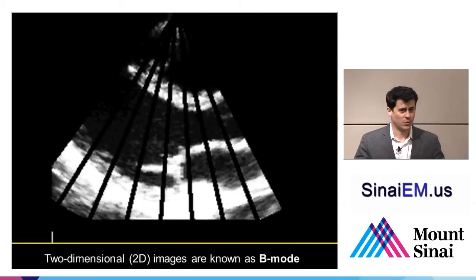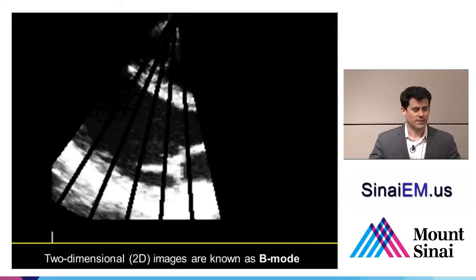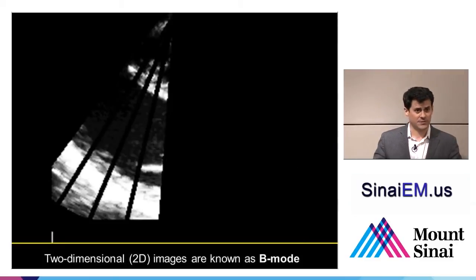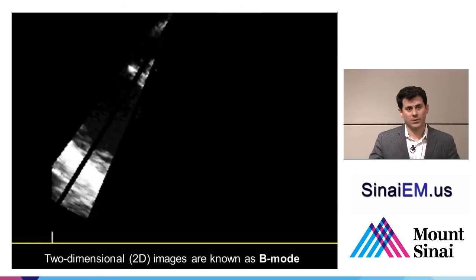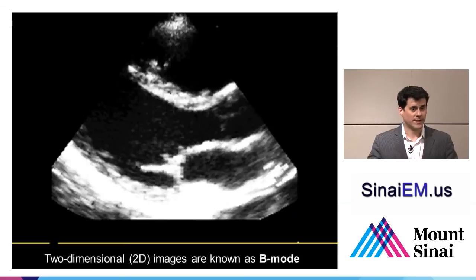And if this is all you had to work with, if all you had was two-dimensional ultrasound, you could do an enormous amount of good. You could make a lot of diagnoses and improve your patient care. So fancier stuff that we can talk about at a different time regarding Doppler and other bells and whistles that the ultrasound machine is capable of. We're actually going to focus most of what we're going to speak about next just on basic, simple B-mode ultrasound,